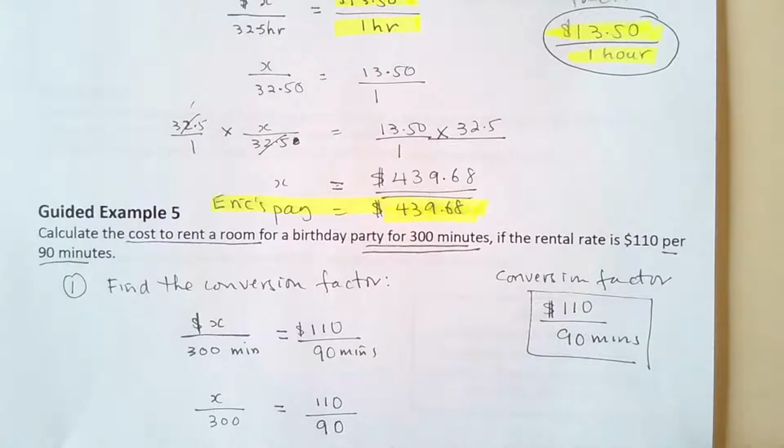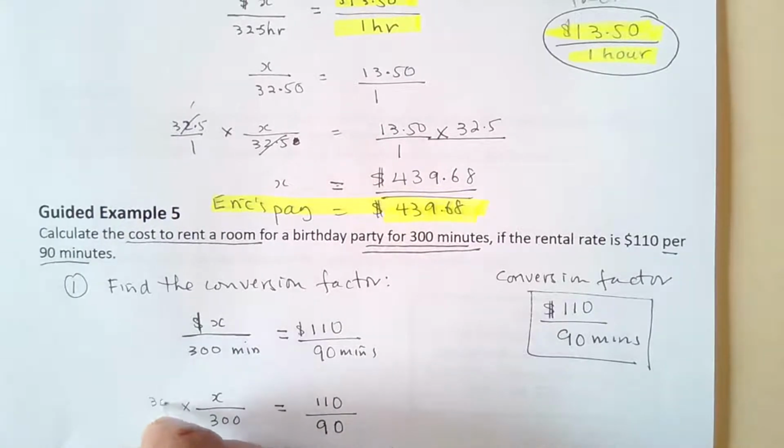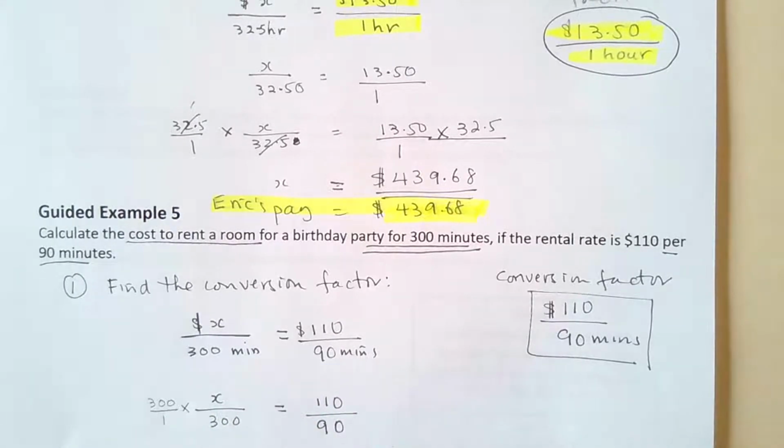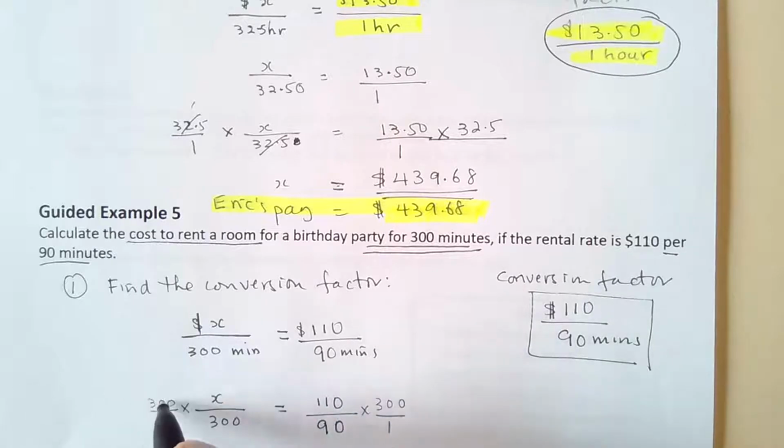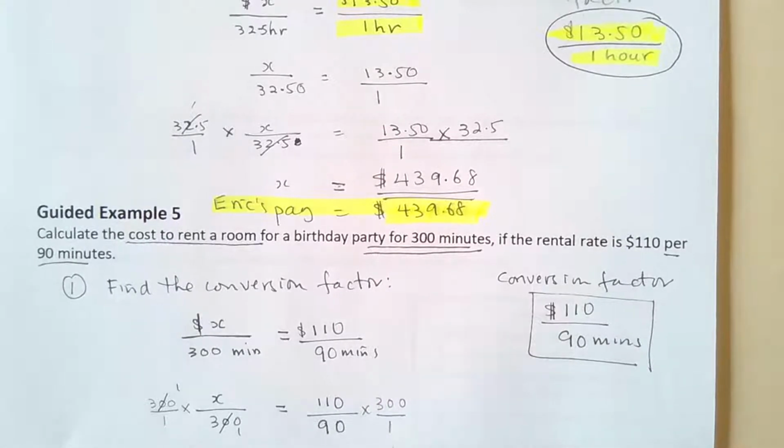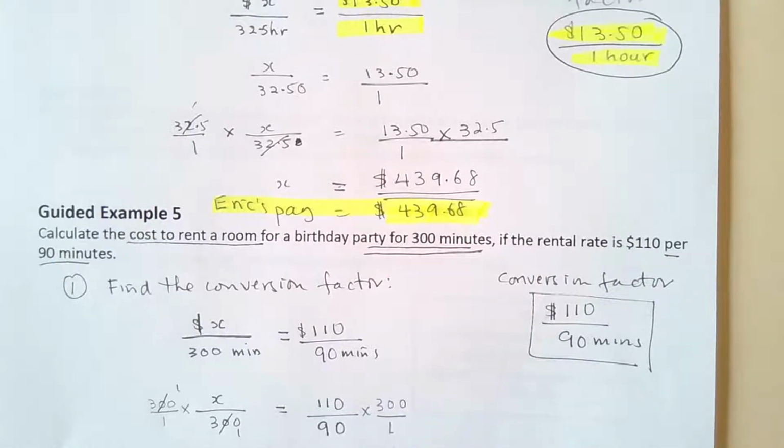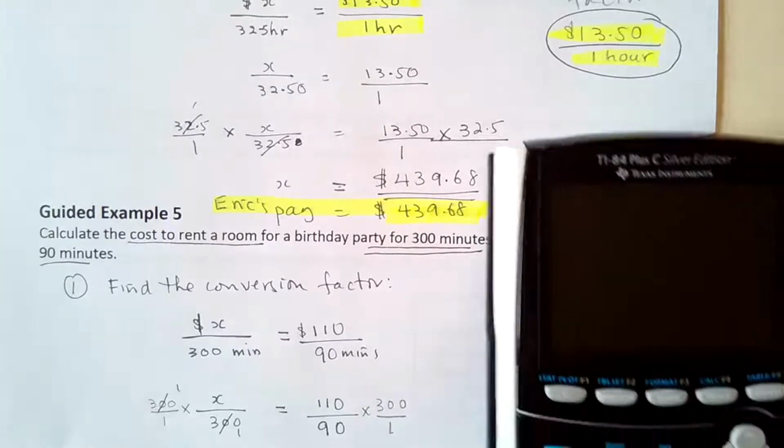Now I will do my algebra, multiply. I want to get rid of the 300, so I multiply by its inverse, 300 over 1, on both sides. So this will be, we can divide it by itself, so 1, x is 110 times 300 over 90. 90 times 1 is equal to 90. Then I'll go to my